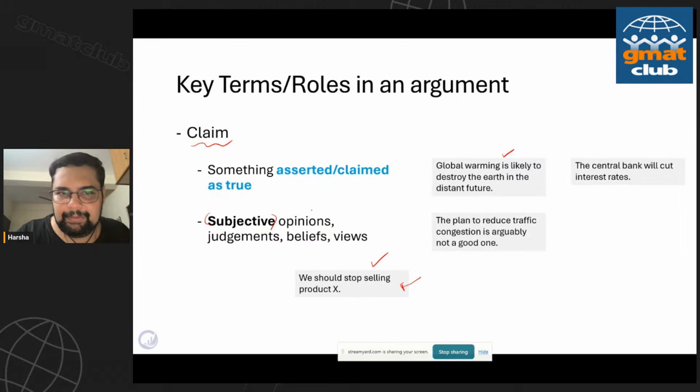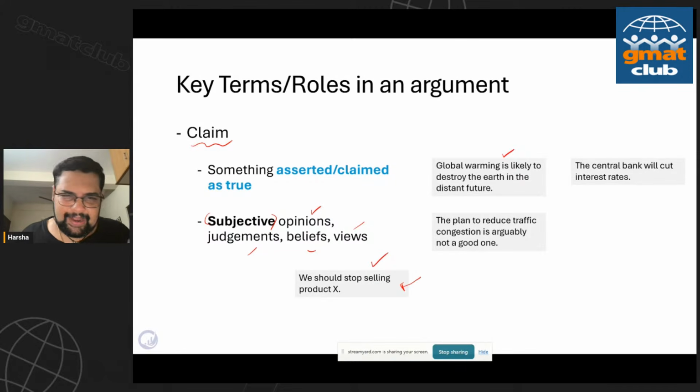But in between this, you have opinions, judgments, beliefs, views. They have very small micro differences, but they all fall into this big bucket called claims. For example, if you ask me what's the difference between an opinion and a claim, practically not much. I have an opinion. If it's in my mind, it's just my opinion or belief. The minute I blurt it out, verbally, or I put it out on paper, I've just claimed that thing. So practically there's no difference between these items. All of them fall under this bucket called claims.